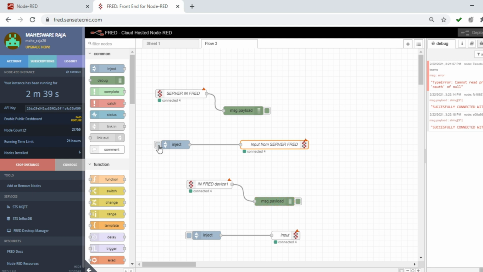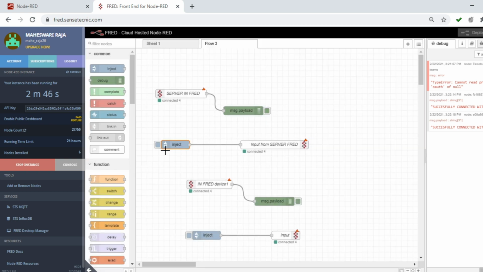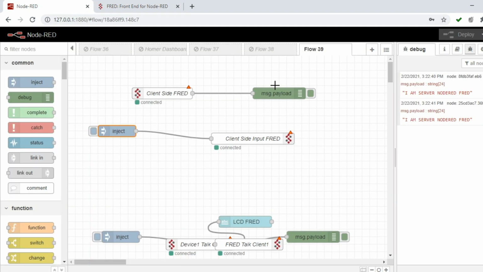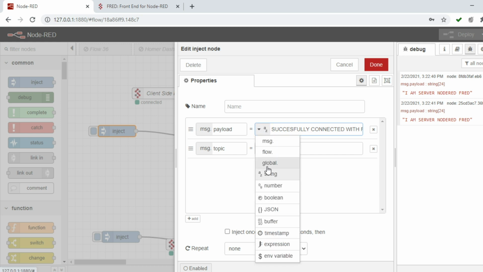Now if I inject here, the inject content is I am a server Node-RED fred. If you inject here, you could see the output visualized on this client side: I am server Node-RED. Now if you want me to change some content, let me send a timestamp.